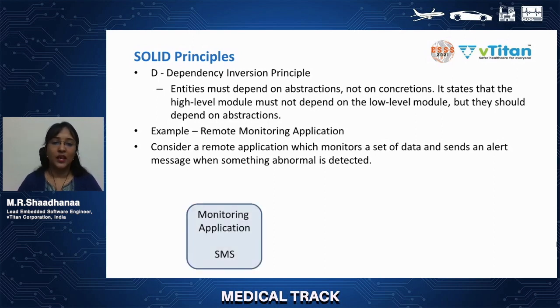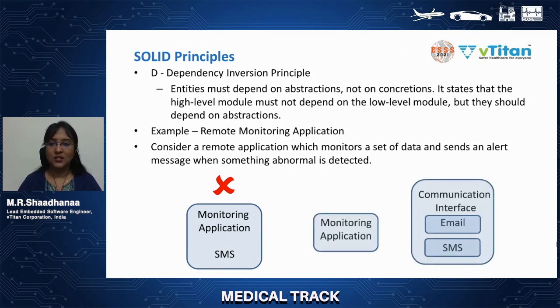So what I do is I need a monitoring application and I need some interface to send that message to the user. So I have some SMS feature here. But this is a tightly coupled code. Suppose I don't want the SMS feature and I want to move on to email, then I have to do a hell of a lot of modifications in my application, and my high level module also will get affected because of those changes. So I should not have tightly coupled code like this.